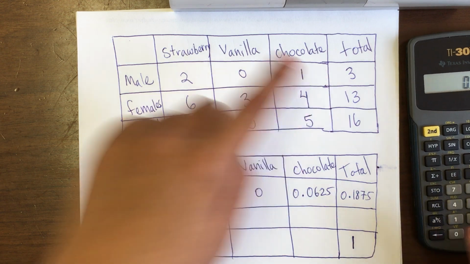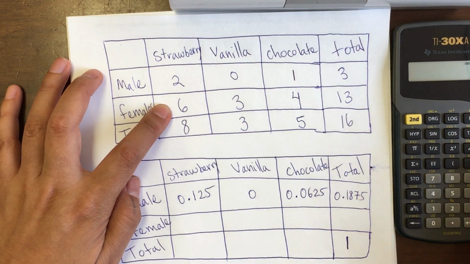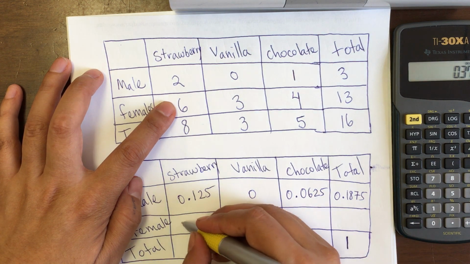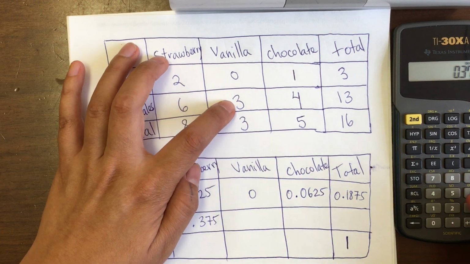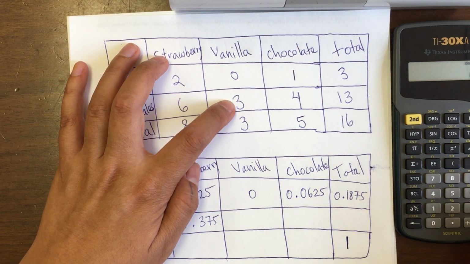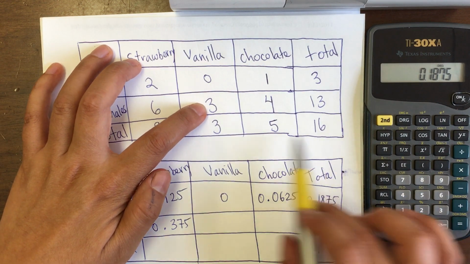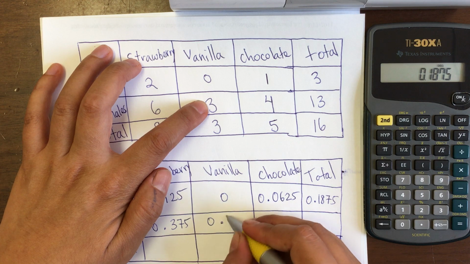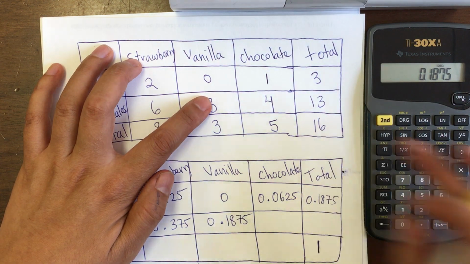Then we go to the next one, and it's going to be 6 divided by 16, which is 0.375. 3 divided by 16 is 0.1875, and I noticed that it's the same number,